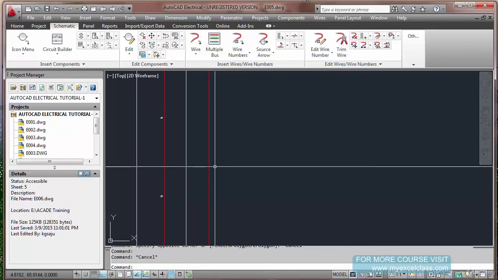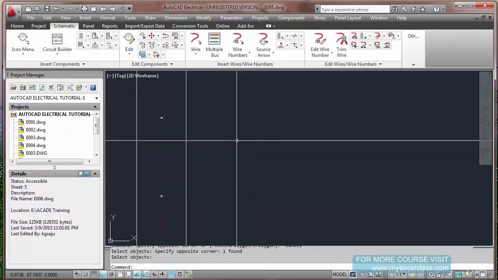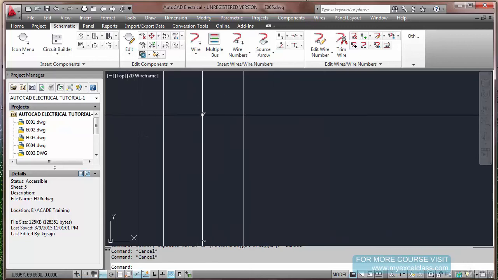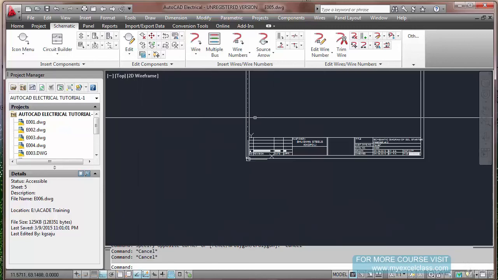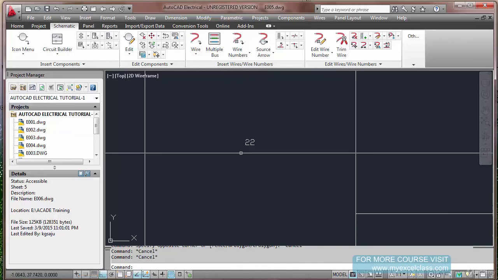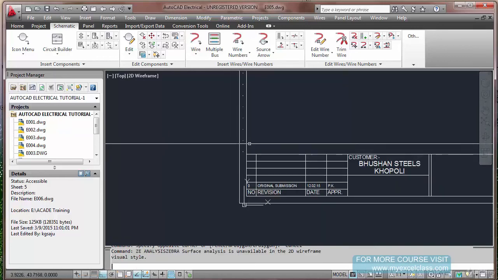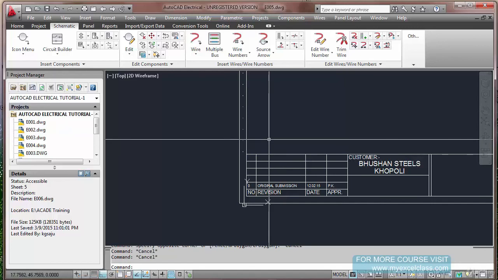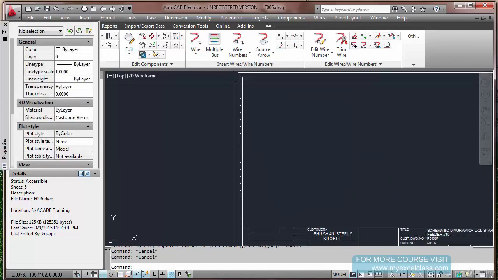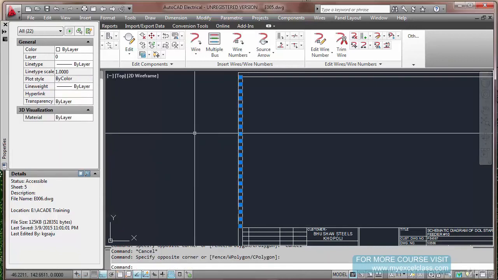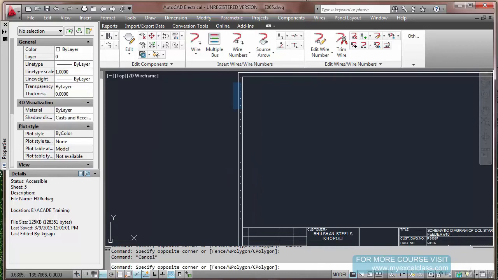So the text heights, I mean the attributes, are too small in this. You can change this as well. If you see this 22, until 22 it is here, you can very well change the size of that also. I can change it in this way as well. I will show you. Select these many texts, only attributes.